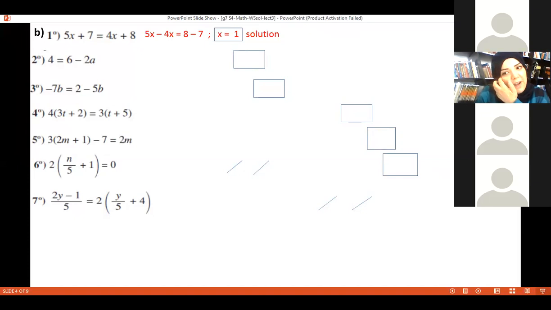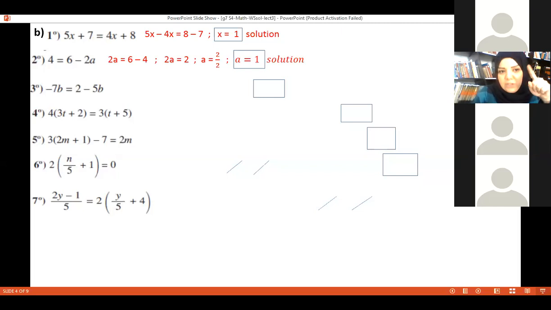Okay, is it clear for everyone? Alma, Zahra? Yes. Great. So Alma, can you do the second one, following the same steps? Okay. Minus 7b equals minus 5b. Okay, so what do I need to do now? Minus 7b minus 5b equals